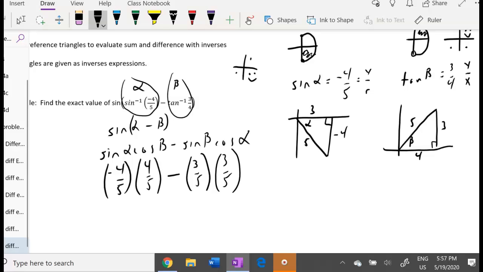Okay, and then just simplify this. We have negative 16 over 25 minus 9 over 25, which equals negative 25 over 25,